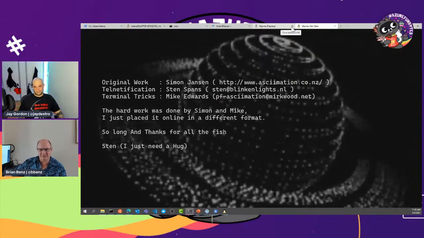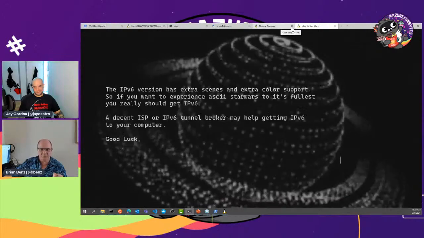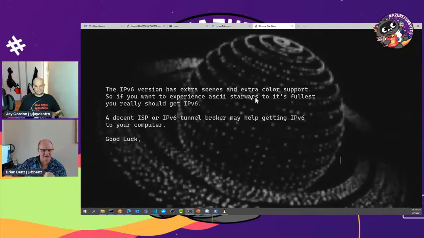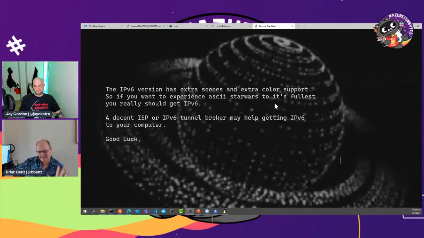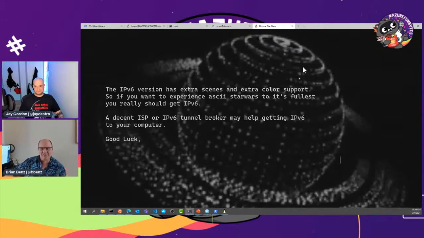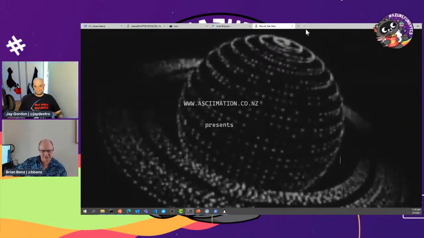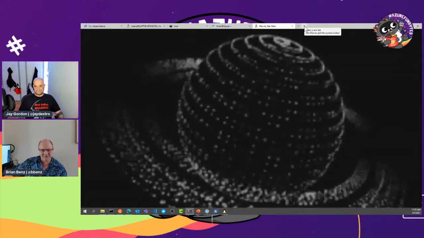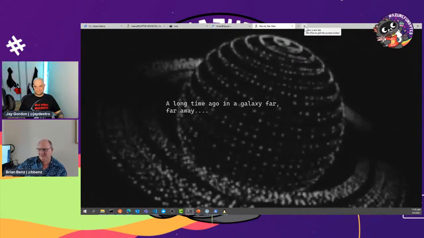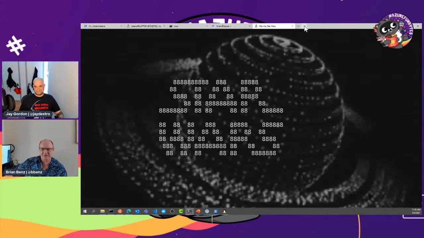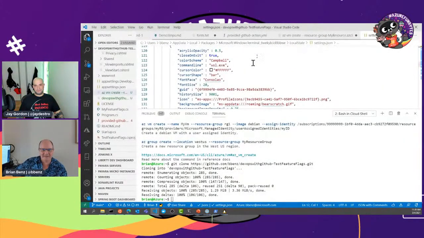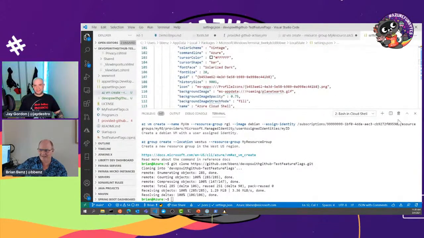I don't know if anyone's ever seen this before, but some people with way too much time on their hands have gone out and created an entire ASCII version of Star Wars on Telnet. So this is the shell. I open this. It opens a shell script. It connects to this ASCII version of Star Wars via Telnet and runs it in my terminal, which is kind of cool. One of my favorite ones that I've seen before is the 9cat